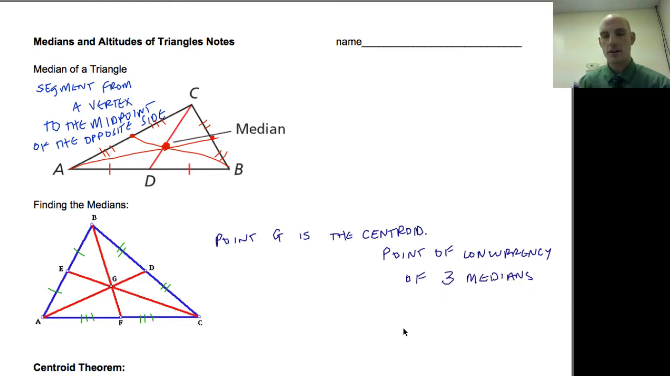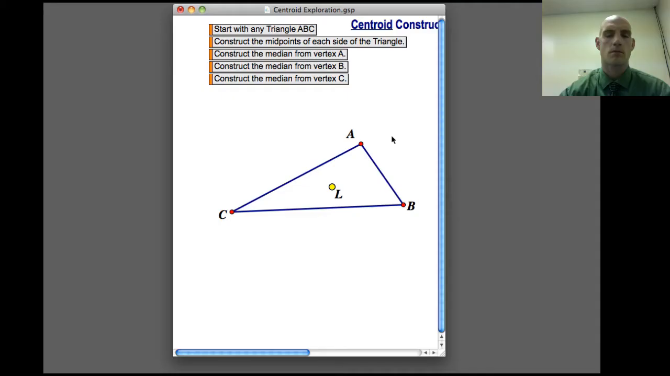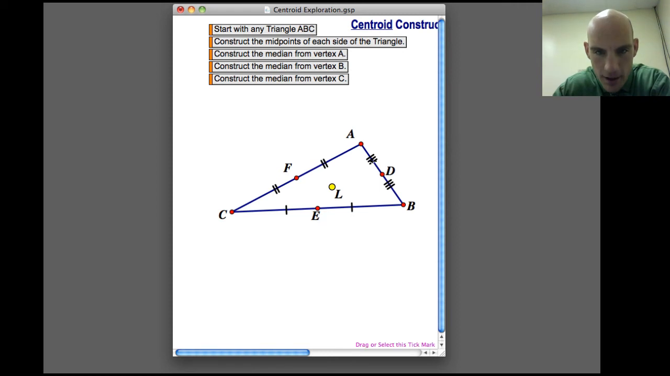All right, I want to do a little bit of a demonstration moving into the next theorem to show you exactly what happens with these measurements. So let me pull that up. We're going to talk about medians and altitudes of triangles using a visual here. I've got this triangle ABC, and it's got this point L in the middle. I'm going to construct the midpoints of each of the sides. And you'll see that F, D, and E are the midpoints of each of the sides